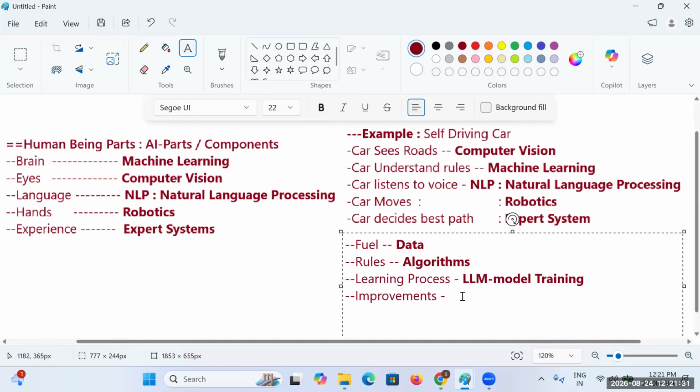Then these AI tools need to go on from day to day, and they have to optimize their answers.